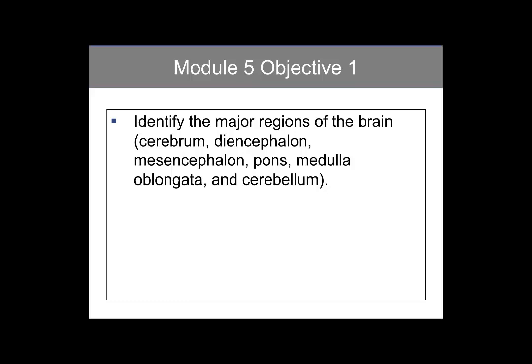Module 6, Objective 1, and I noticed the typo here. Let me just go ahead and correct that very quickly. So this should be Module 6, Objective 1. It asks that we identify the major regions of the brain, and then it lists the 6 major regions of the